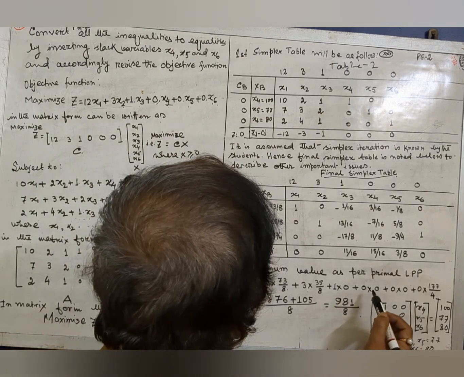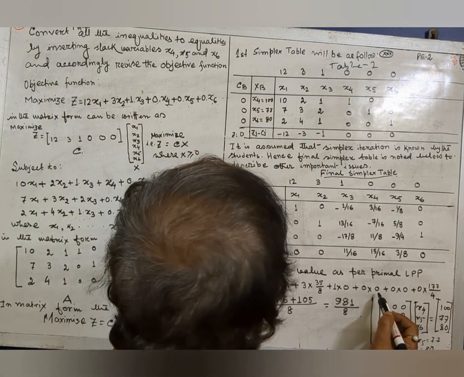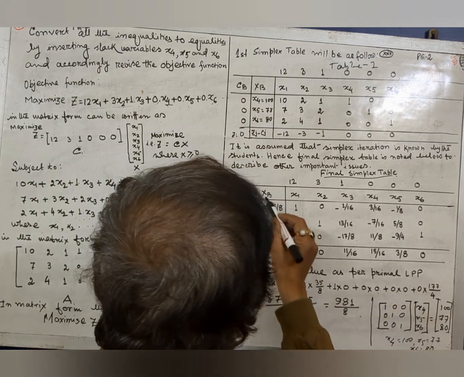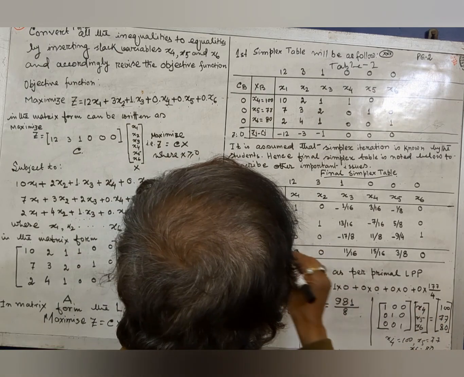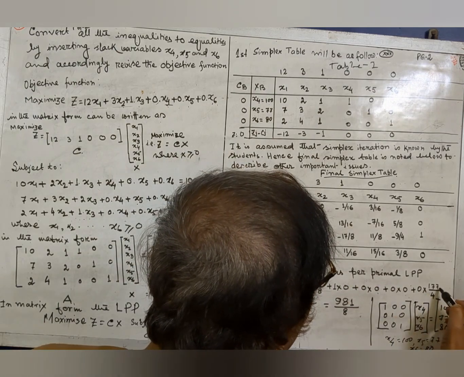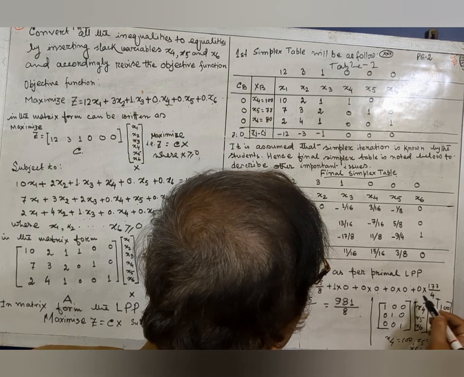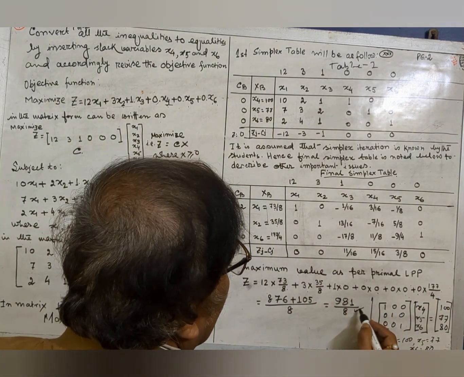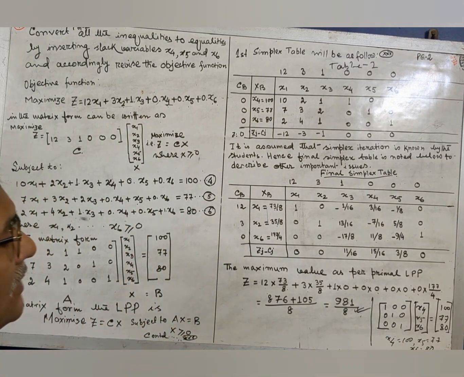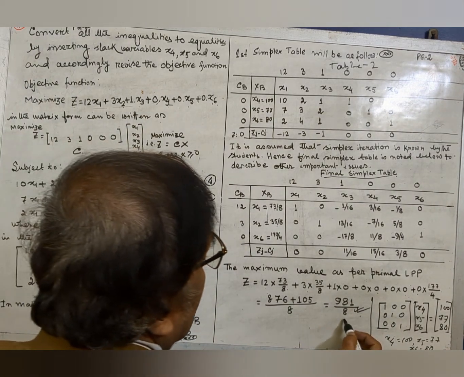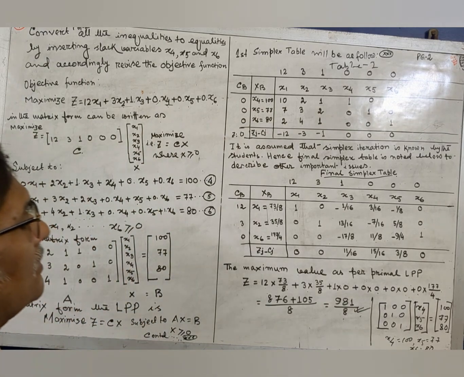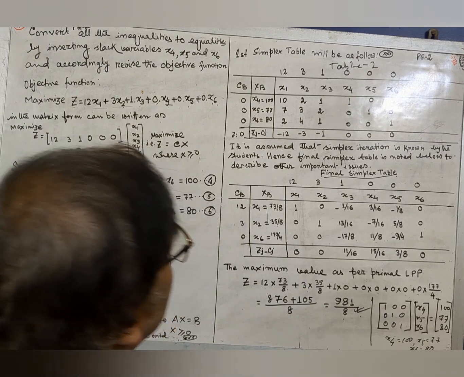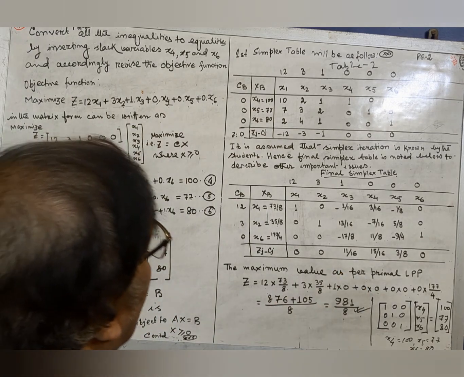It is understood. x4 is also not available. That's why the value of it is 0. And x5 is also not available in this column, so 0. But x6 is 177 by 4. That's why it is written here, but the coefficient is 0. If we simplify, then you will get the value 981 by 8, and this is the maximum value as per the linear programming problem. Now, in my next page, I will show you